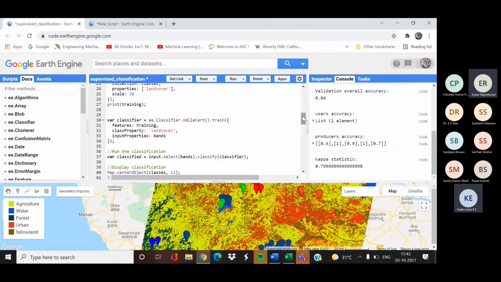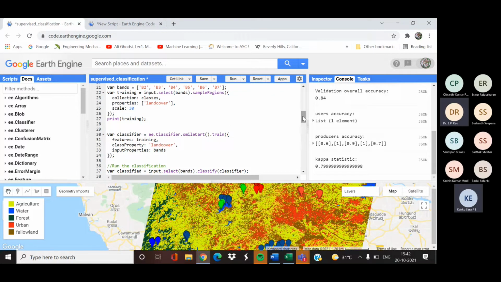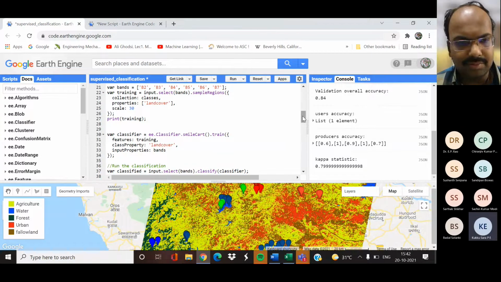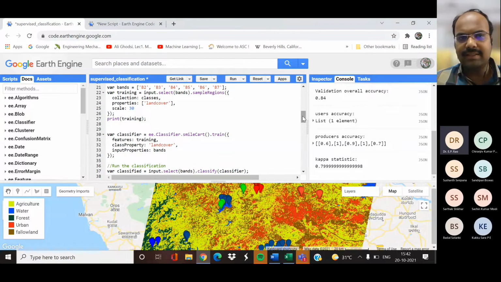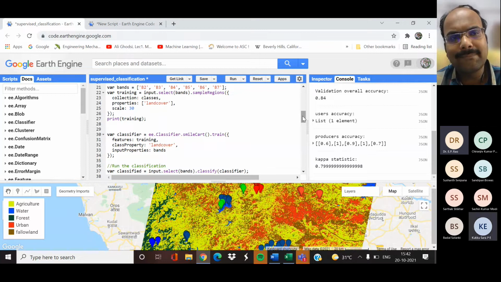Any other thing? Does the 7 band set contain any thermal? No, sir. Then it's okay. What is the optimum number of bands that can be used for classification? Question for the students.